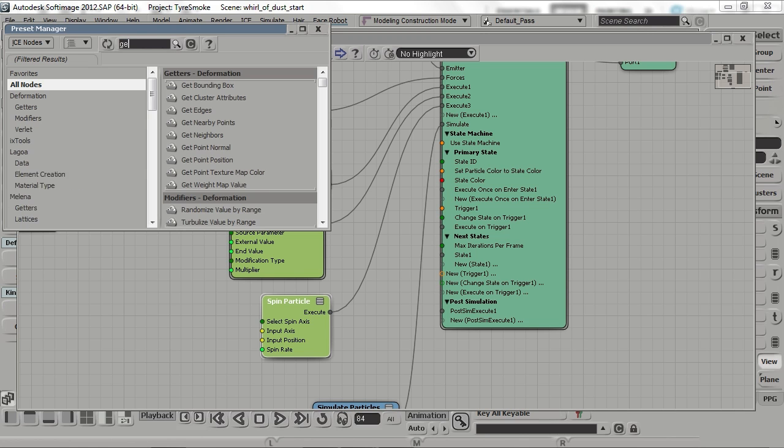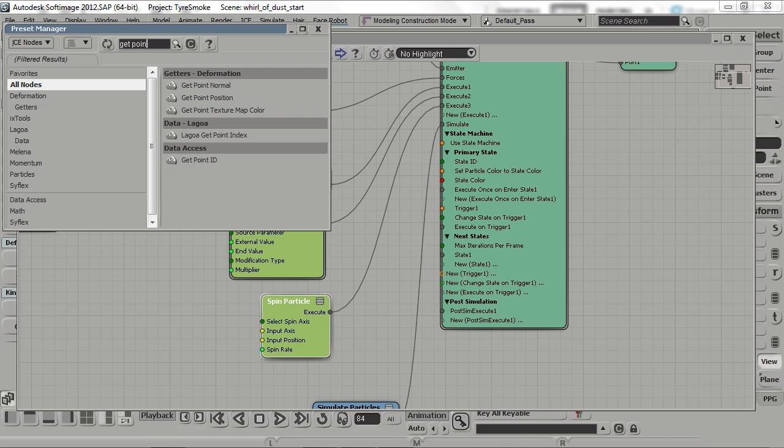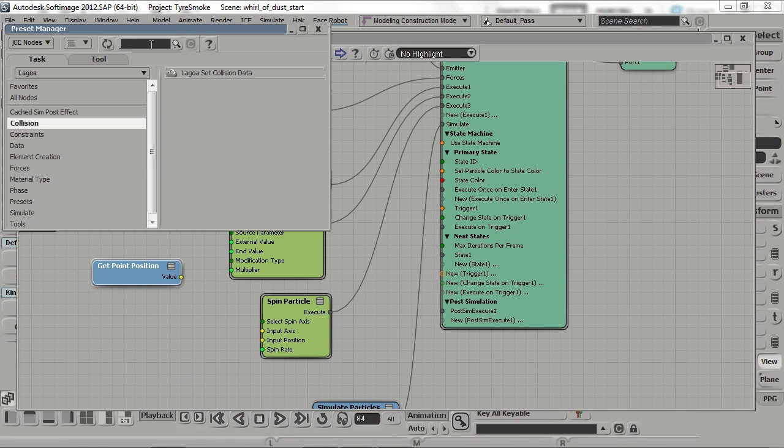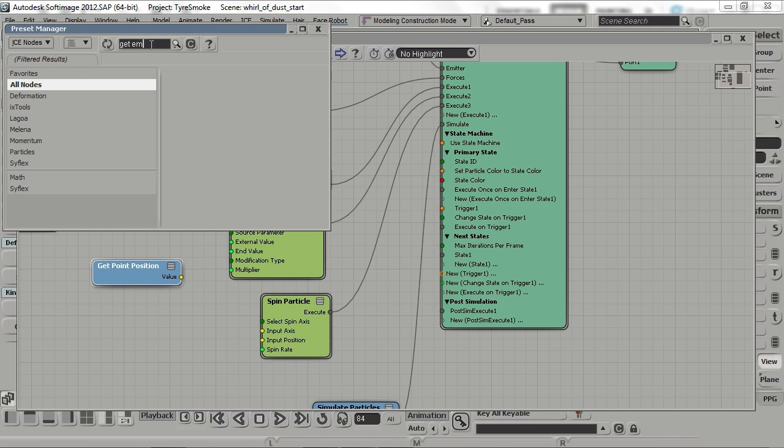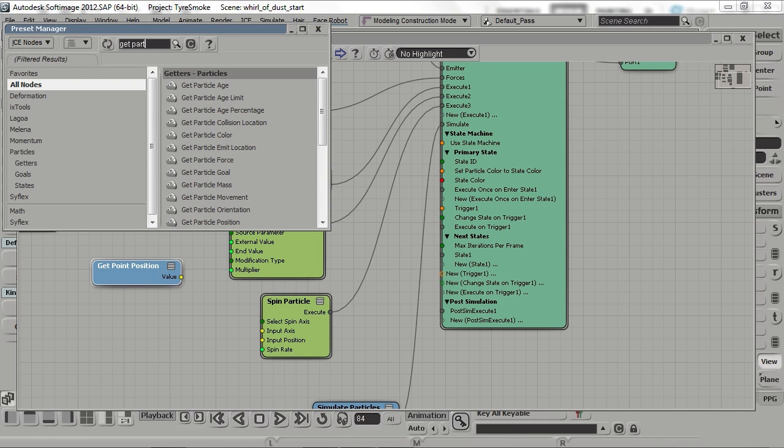We need to get the current point position, and we need to get the location where the particle was emitted. So get particle emit location,